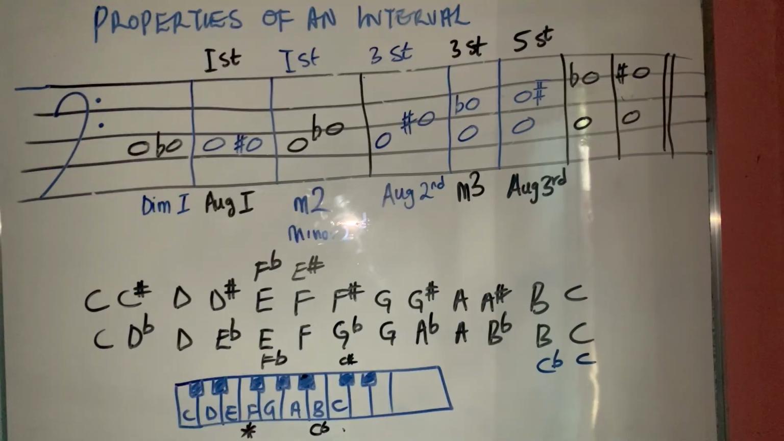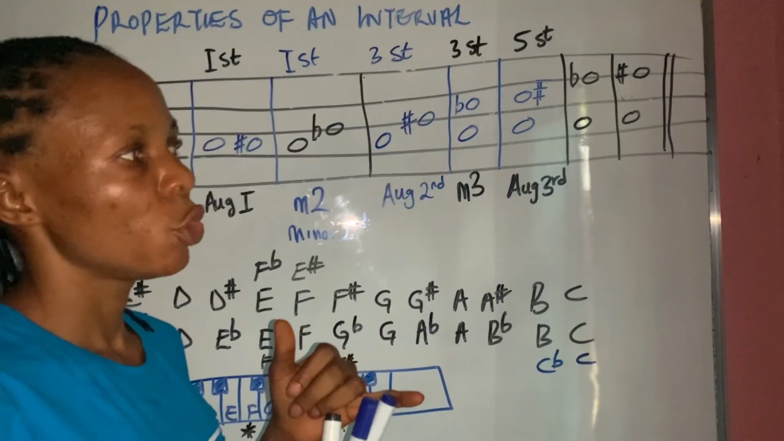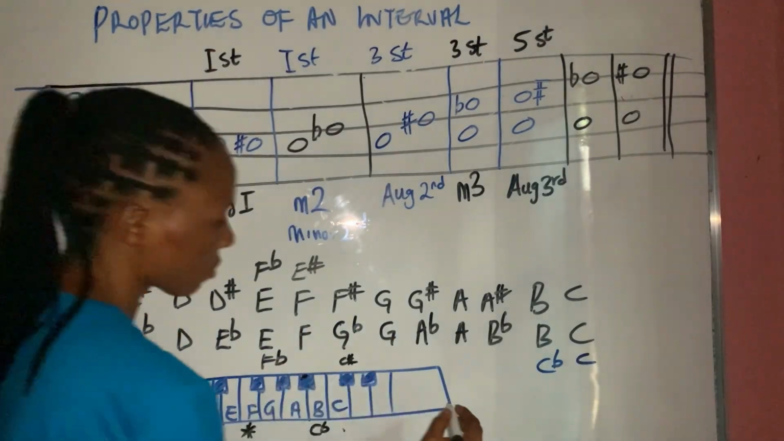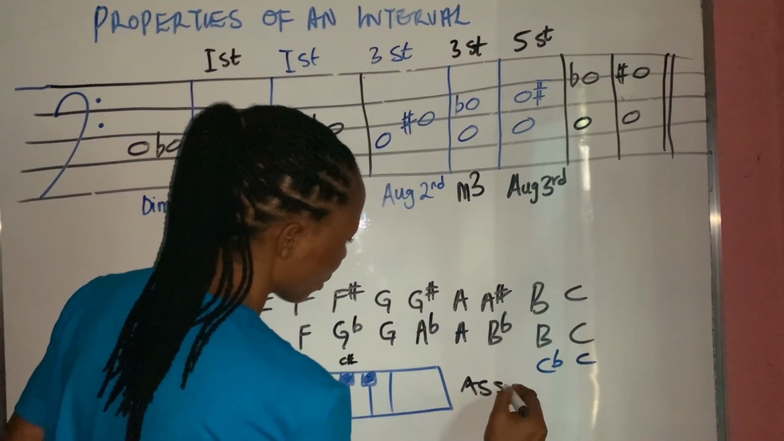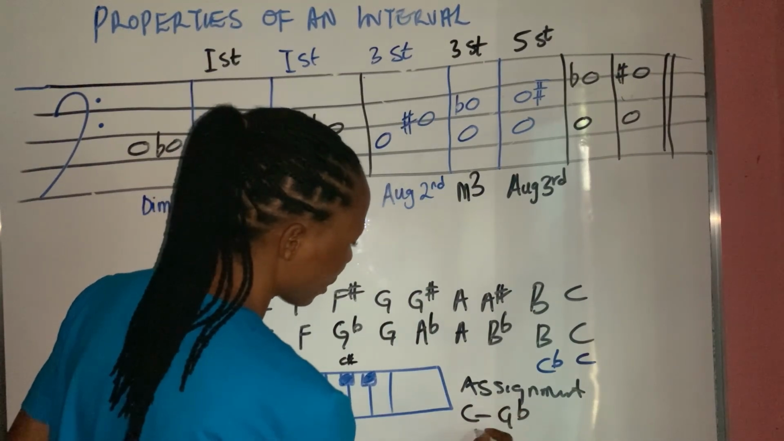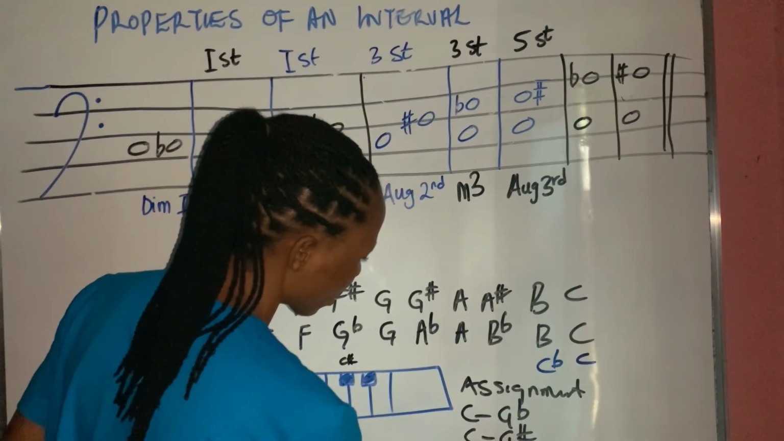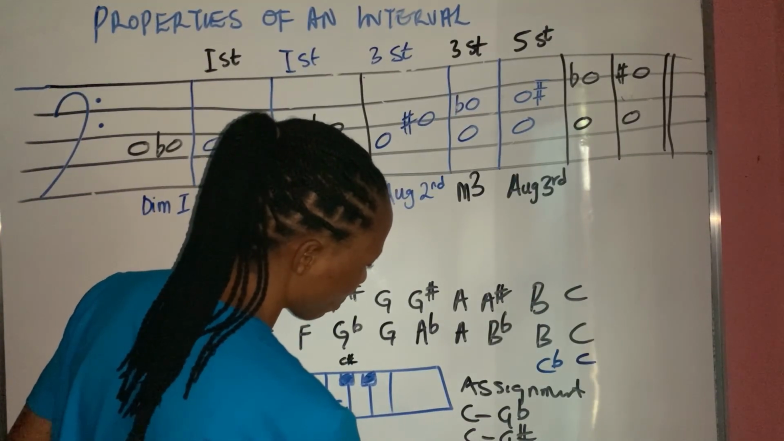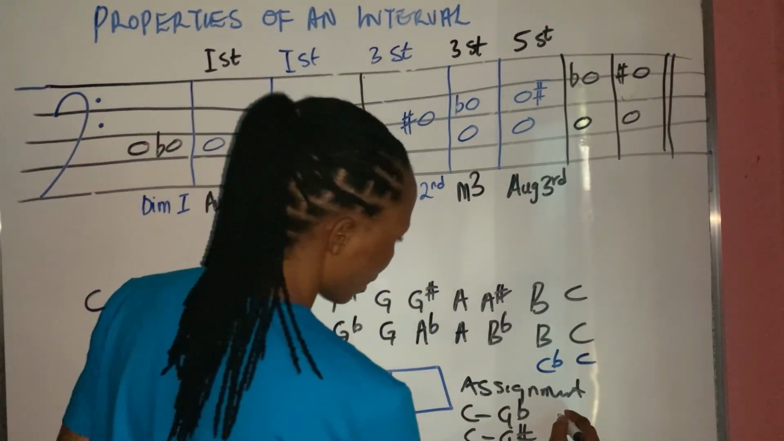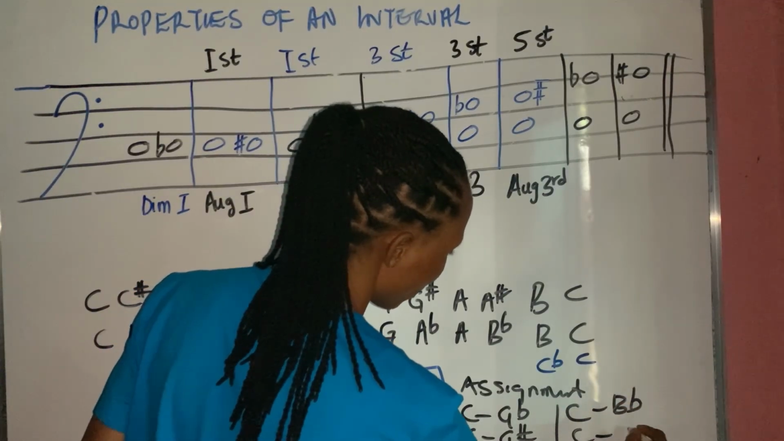You're going to consider C to G flat, G sharp. Now let me write out your assignment first, lest I forget. Your assignment, you're going to tell me the interval between C to G flat, C to G sharp, C to A flat, C to A sharp. Can you see? No, I'll snap, don't worry. Then C to B flat, then C to B sharp,